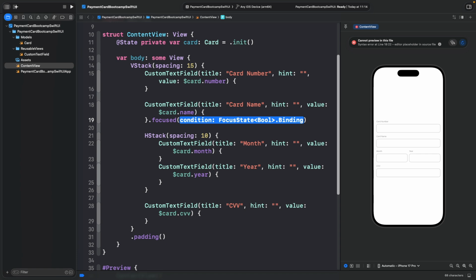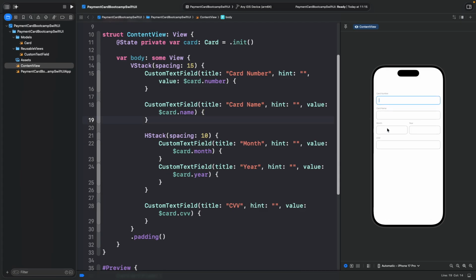For example, if it is focused on the name text field, we are going to set it as name. But in my previous episode, I mentioned that I was going to implement jumping between the text fields. For example, when we are done with the card name, we would automatically jump into